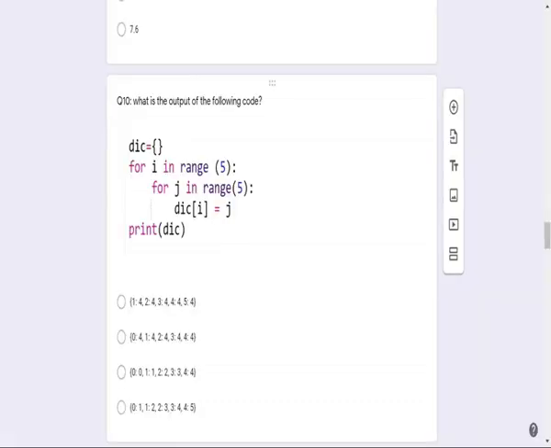That means dic of 0 is equal to 1, dic of 0 is equal to 2, dic of 0 is equal to 3, dic of 0 is equal to 4. Now j value 5 comes out of the loop. By coming out of the loop, what is the value of dic of 0?